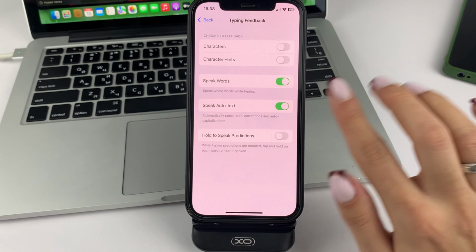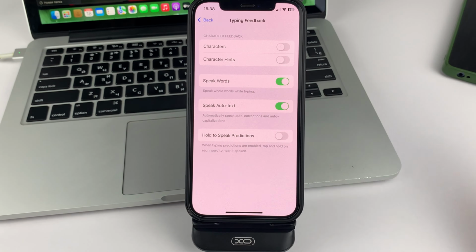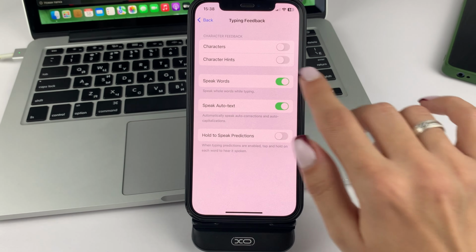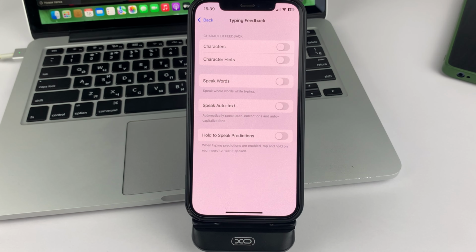And if you have these two options active, like I have right now, it's Auto Text Feedback and also Auto Voice Work, then you need to turn them off. After that, your problem will be solved.